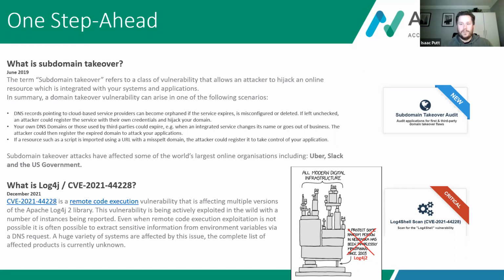We saw it all before. If people on this call are familiar with the likes of Log4j, AppCheck were very quick in December of 2021 to ensure that our partners had the means to test for this vulnerability very fast. The remedial guidance, if you recall, was unplug anything affected, panic stations hit, but in reality, we were just offering competent scanning abilities to our partners to be able to test for these things, being able to communicate the severity and the impact of what could happen if you're susceptible to that. And we still do that to this day when it comes to these new templates, which will be presented to you in the demonstration.